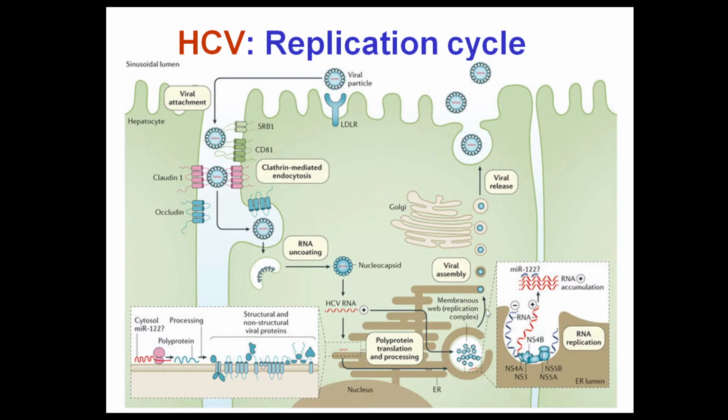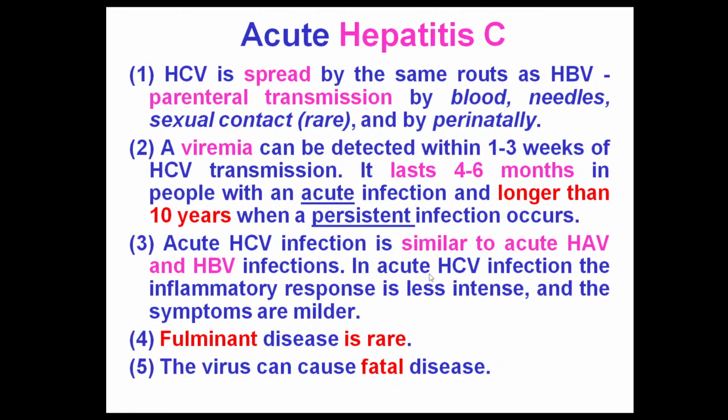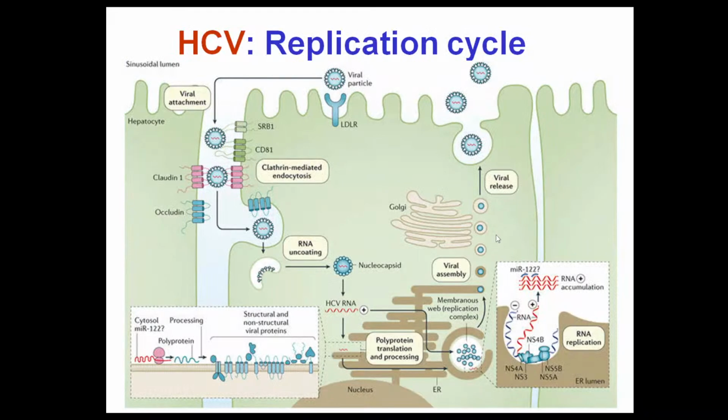And then the viral assembly occurs with the positive sense copies of the RNA molecules, and viral assembly occurs when the viruses travel in the Golgi apparatus to get enough glycoproteins and phospholipids into the envelope. And then the virus will be released